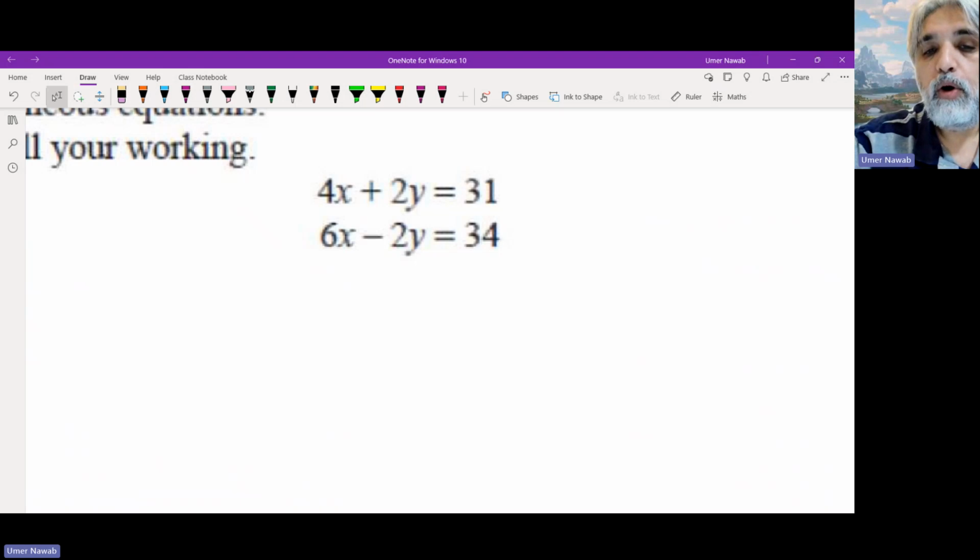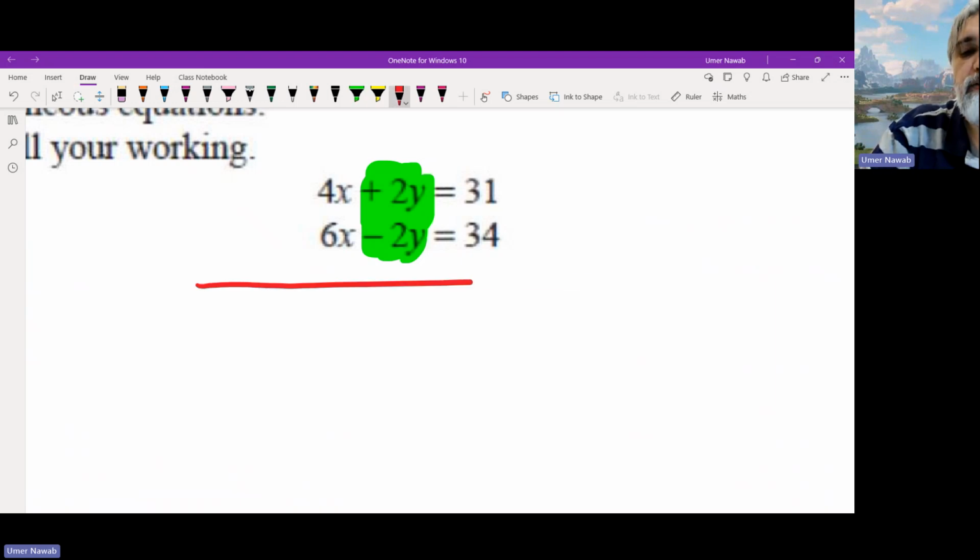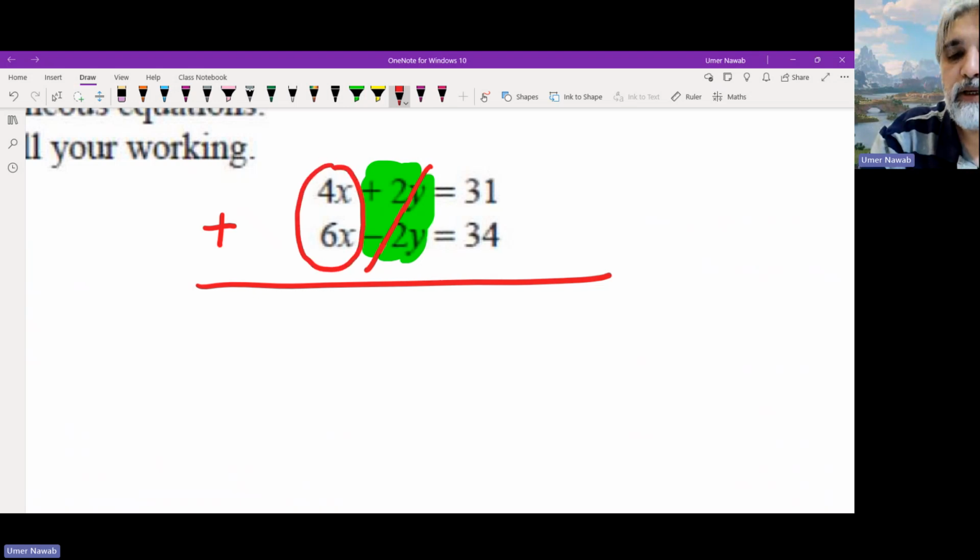We will always be using the elimination method. The elimination method says that if two equations are given to you and you want to find the value of x and y, try to cancel x or y. Now you can see I have plus 2y and minus 2y here. Straightforwardly, plus 2y and minus 2y can be cancelled. If I add them, then plus 2y minus 2y will be cancelled, and 4x plus 6x gives you 10x,